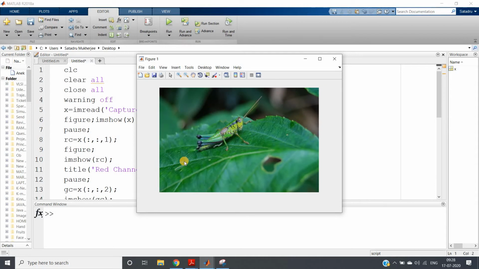You just decompose it into R, G and B, three different red, green and blue channels. Now it is quite obvious that in the red and blue channels the grasshopper will become brighter, because the green channel will give us a high value for the background also, and the grasshopper is also green. So the contrast in the grayscale representation of the green channel is not as high compared to our red and blue channels.